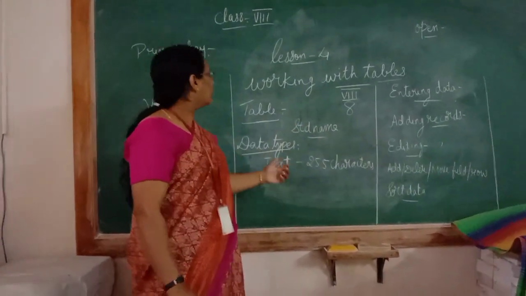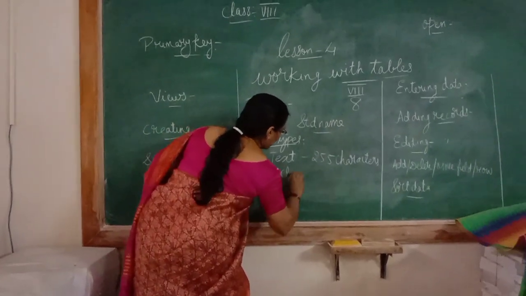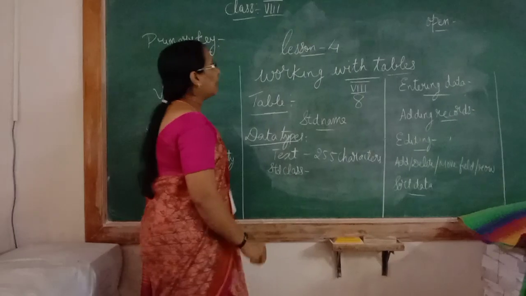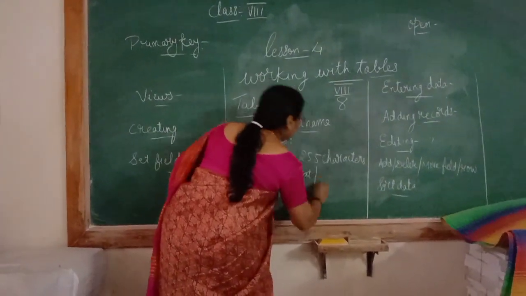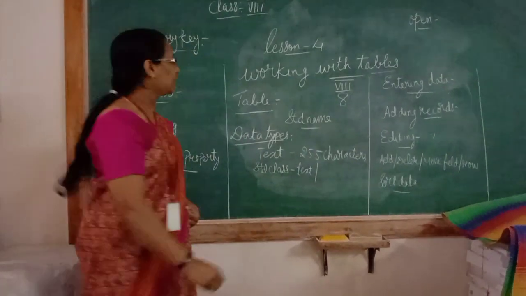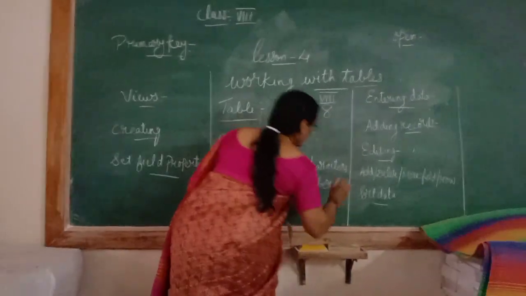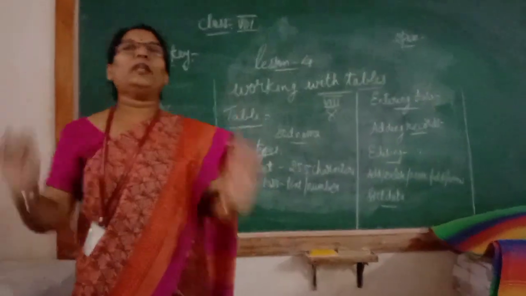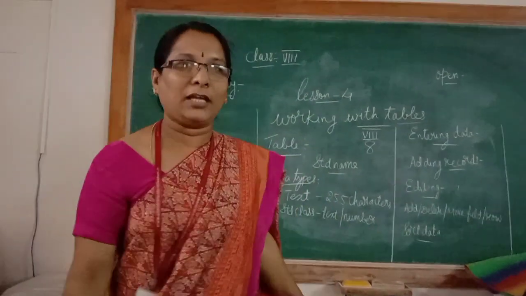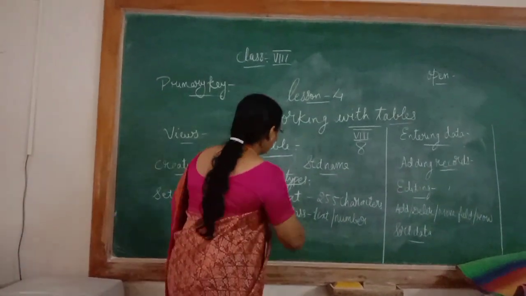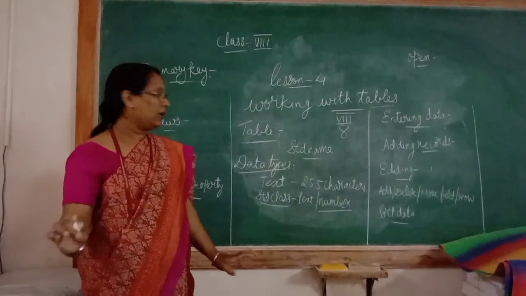But now, if you take student class, the appropriate data type you can take is either text or number. That depends on how you enter the data in it, text or number. If you are choosing number, you can enter only numeric values there. Number is meant for entering numeric values. You can't enter text there. So student class, if you are preferring number, only numbers can be entered. I hope you are clear with this.